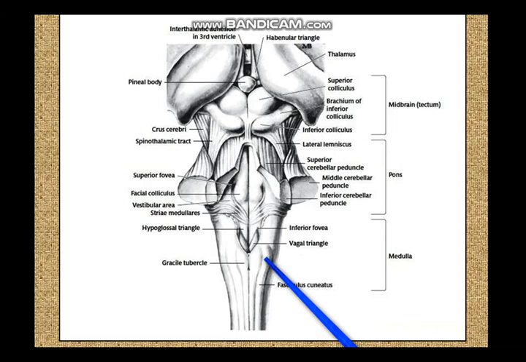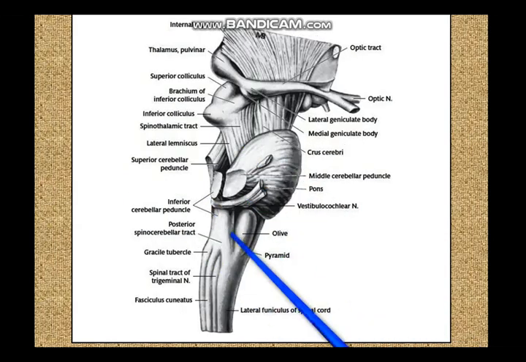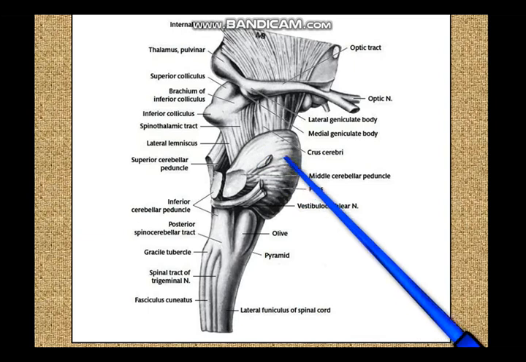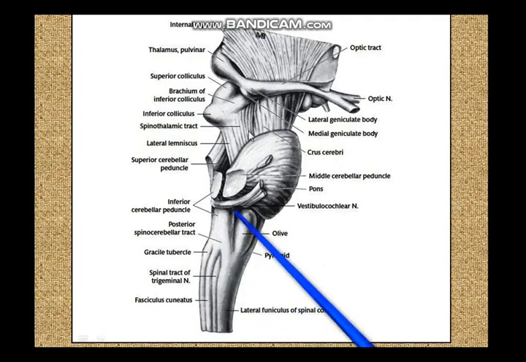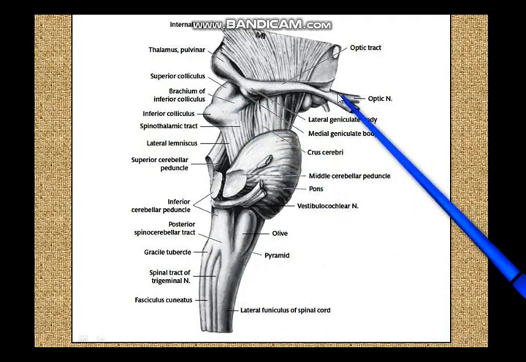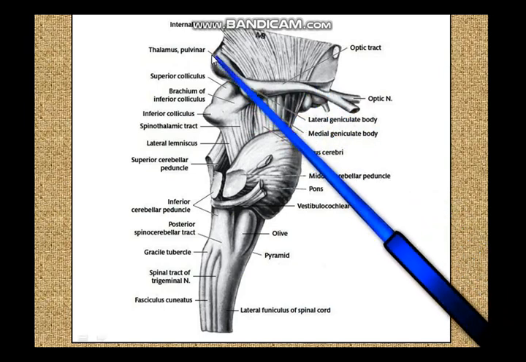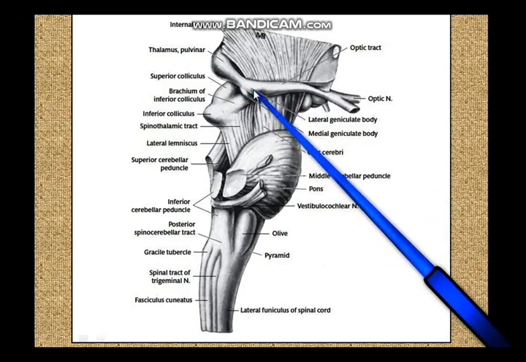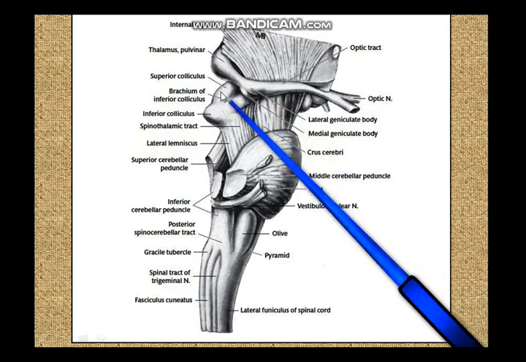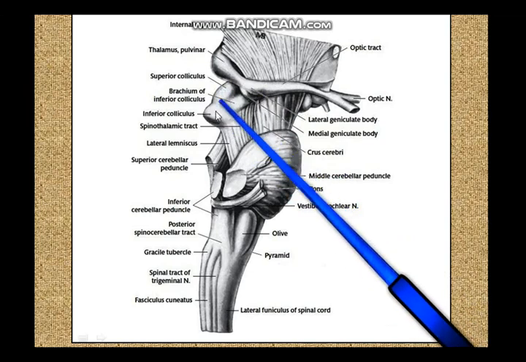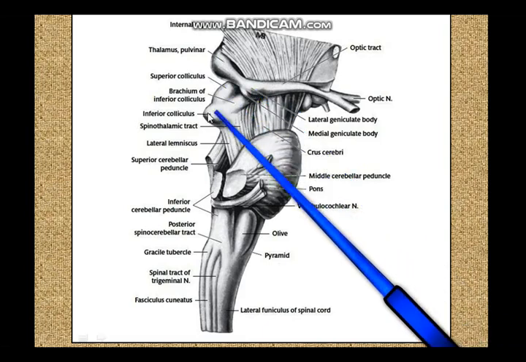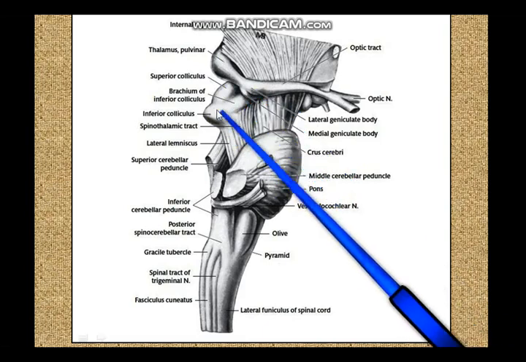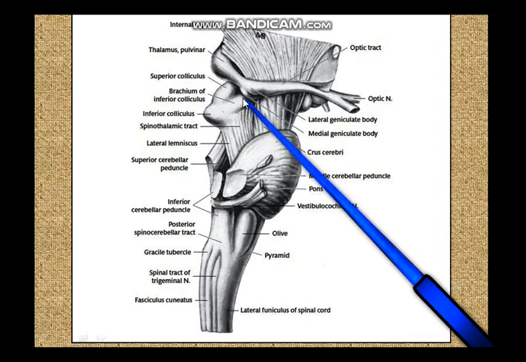Anyway, let us take a final look from the sides. Now this is the brainstem from the side, and you see this part is the midbrain, this part is the pons, and this part is the medulla. Again in the midbrain you can make out the optic nerves, the optic chiasma, optic tract going into the lateral geniculate body, and you can see the superior colliculus over here, and the inferior colliculus over here. The superior colliculus is connected with the lateral geniculate body, and the inferior colliculus with the medial geniculate body.